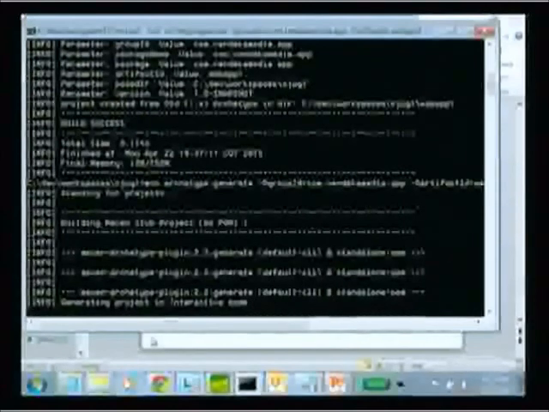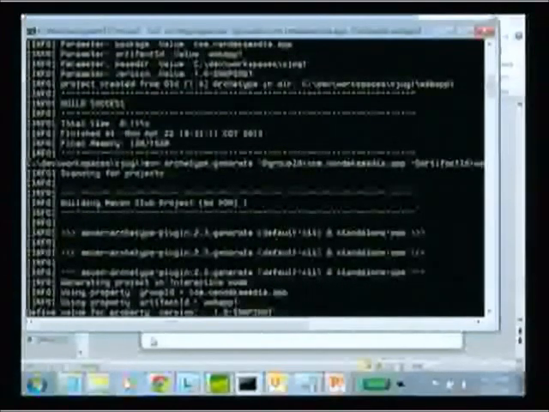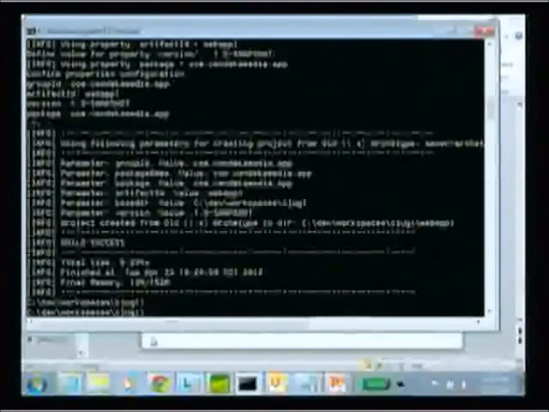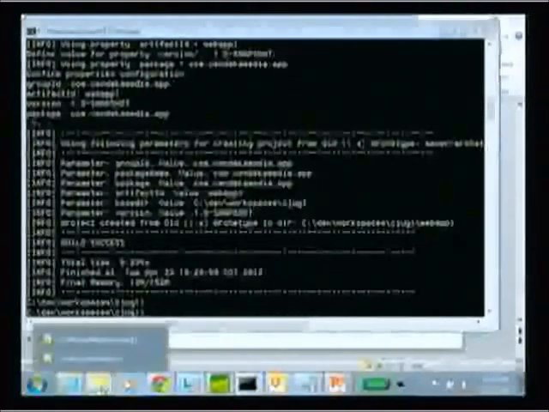Let's see what happens. Okay, so it's asking me for additional information, which it didn't specify on the command line. We'll just pick stuff by default, and we're done. So let's take a look and see what happened. We see now we have a web application. That's as simple as it gets. So let's run that web application on